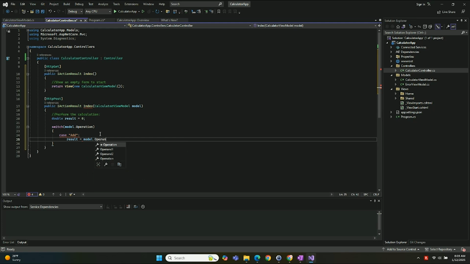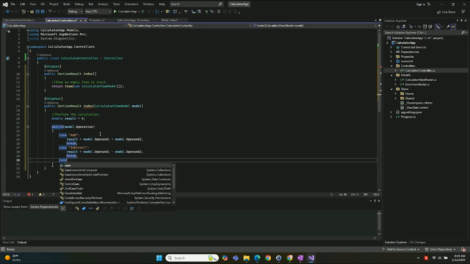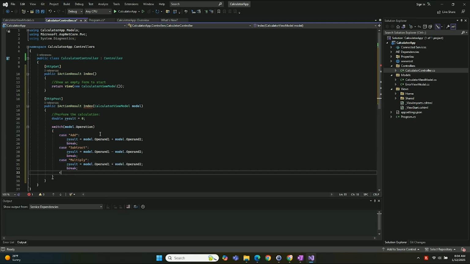So we just want to find out if they've selected addition, subtraction, multiplication, or what have you. And based on their selection, that's what we're going to do with the operands. So if it's subtraction, then we'll subtract. If it is multiplication, we will multiply. And finally, if it is division,